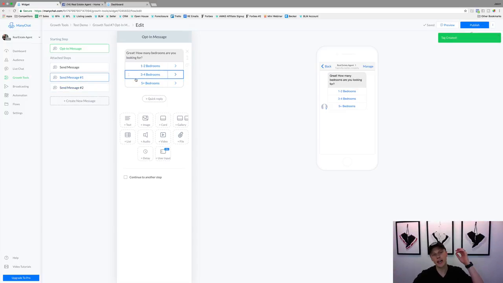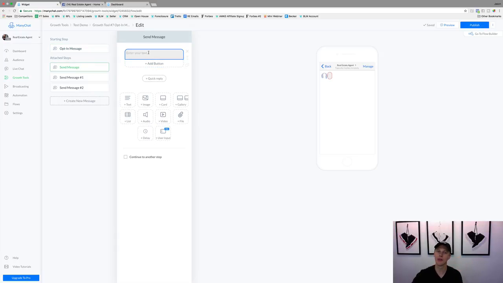Now if they come in here and hit 1 to 2 bedrooms, it's going to have an auto response, and then we can have this follow-up response to whatever they're saying. Then we can say, awesome, what area are you looking for? Or, are you a first-time home buyer? I can't remember, but we've got a list of questions you can go through and ask, right? Are you a first-time home buyer? Are you pre-qualified? Are you pre-approved? How many bedrooms are you looking for? Is there a specific zip code, a specific area you're looking for? Do you have kids? You can ask a lot of these questions.